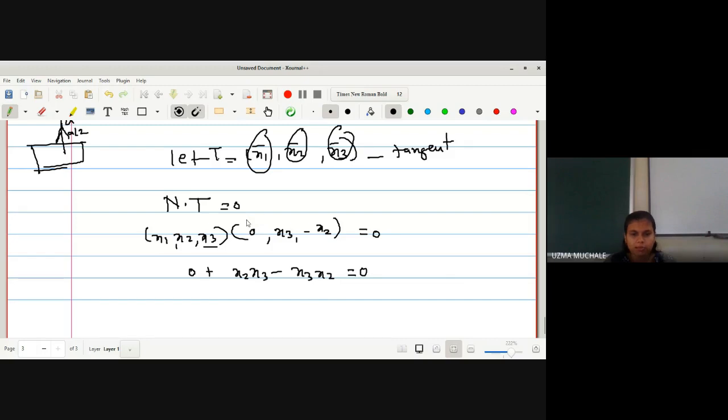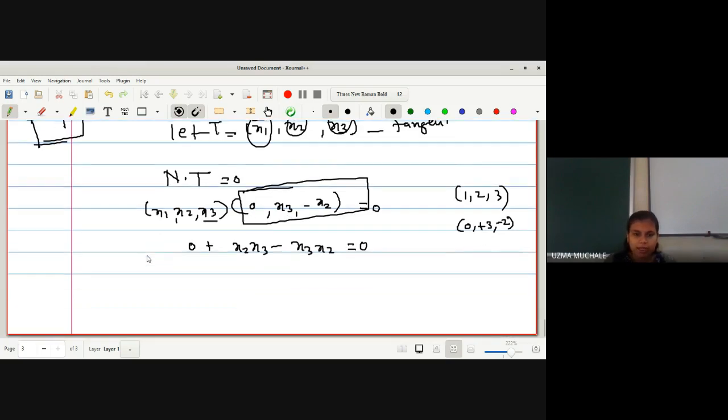So how many possibilities are there for this type of vector? There are a lot of chances with x3 and x2. Suppose I fix x1, x2, x3 as 1, 2, 3, what corresponding change will come? Here 0 will come, here plus 3 and here minus 2 will come. Okay, if we fix x1, x2, x3, this will be 0, this will be 3, this will be minus 2.